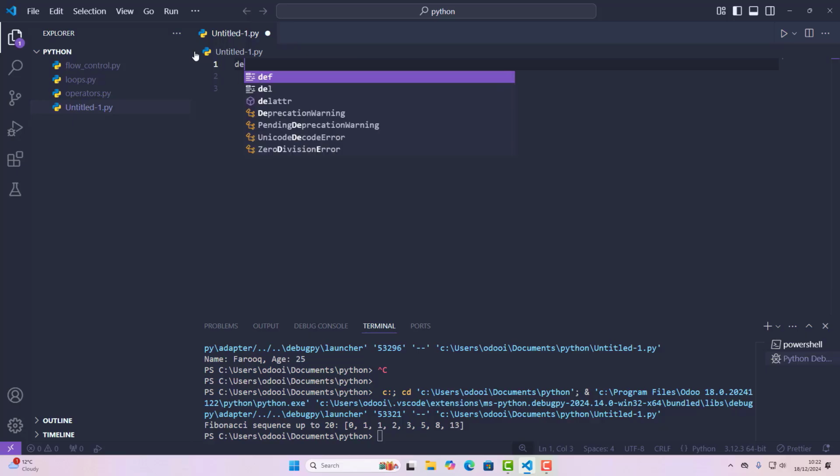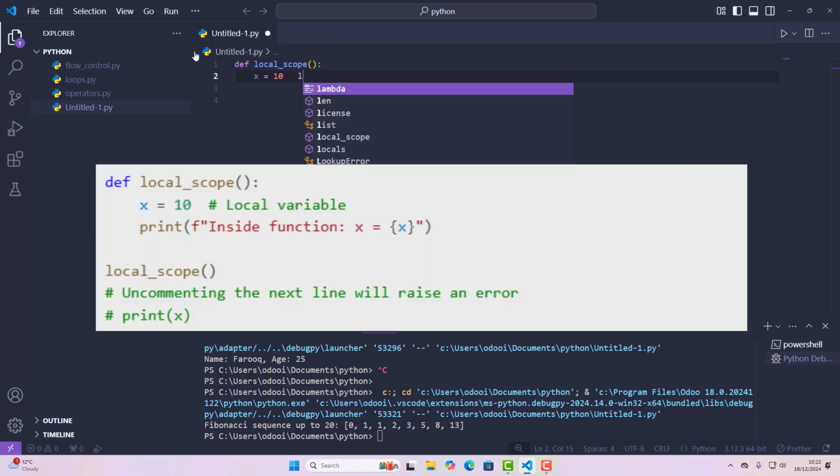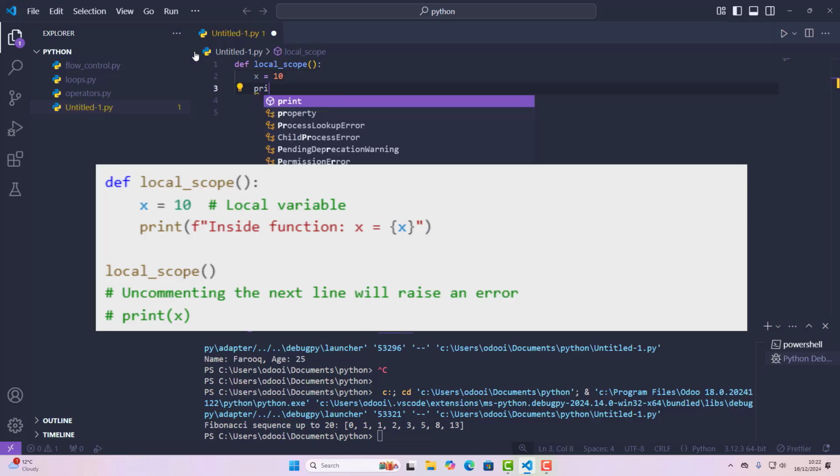So we are defining another function which is called local scope. Now x is equal to 10. So this is a local variable. X is equal to 10. This is a local variable. Print